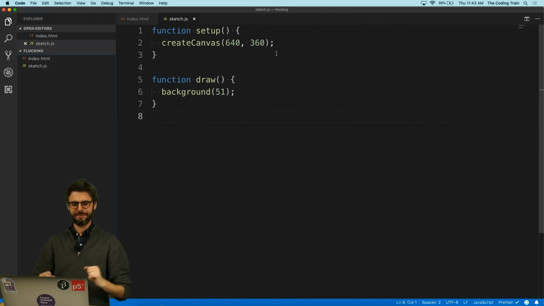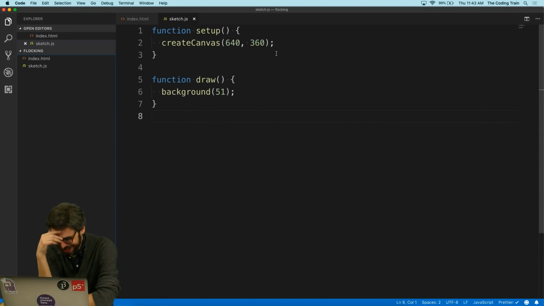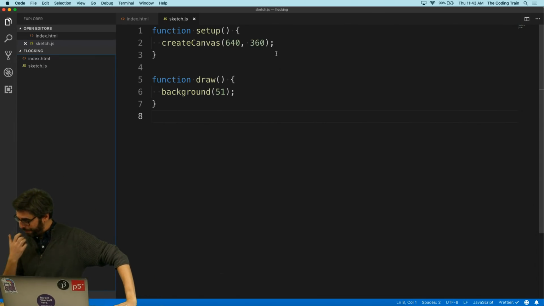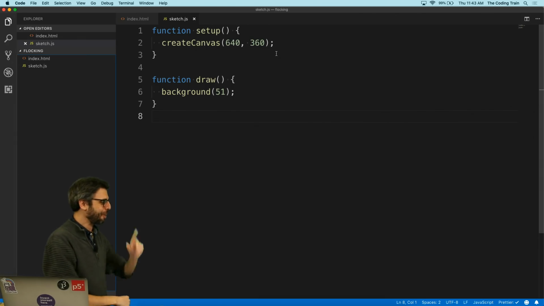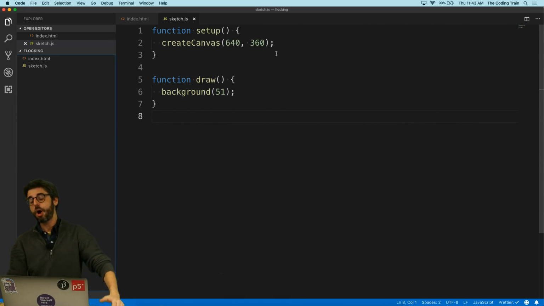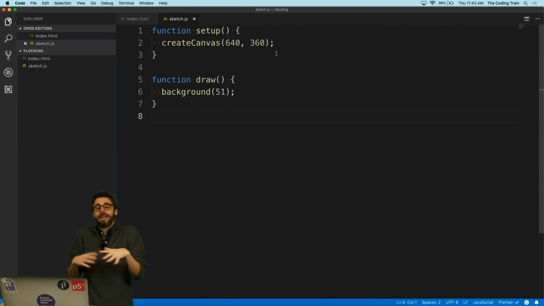And I've got this code, setup and draw. All right, so what do I need to do? Now, there's definitely going to be a big need to refactor the code that I'm going to write. So if you look at my example, it's hopefully somewhat well organized, but I'm going to